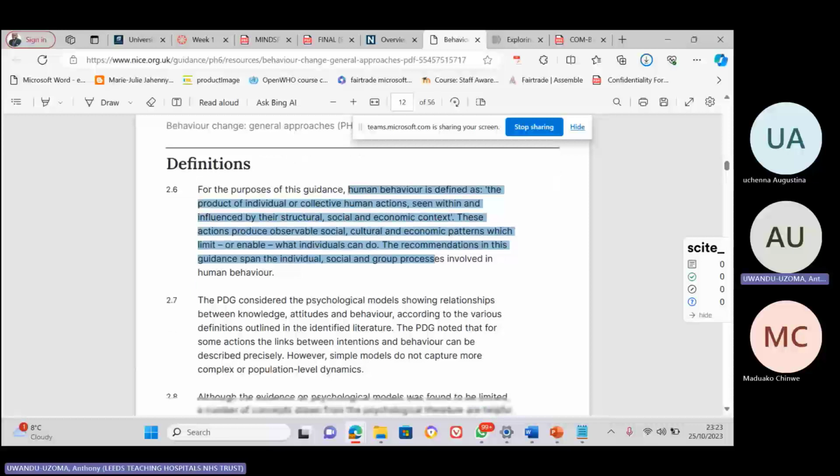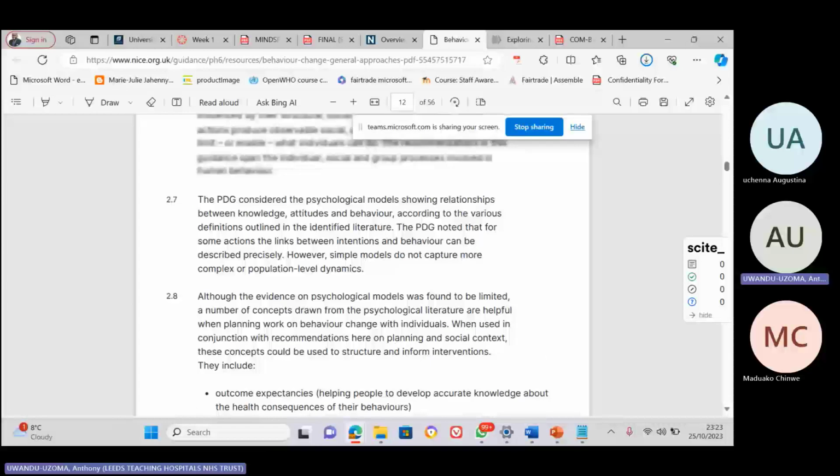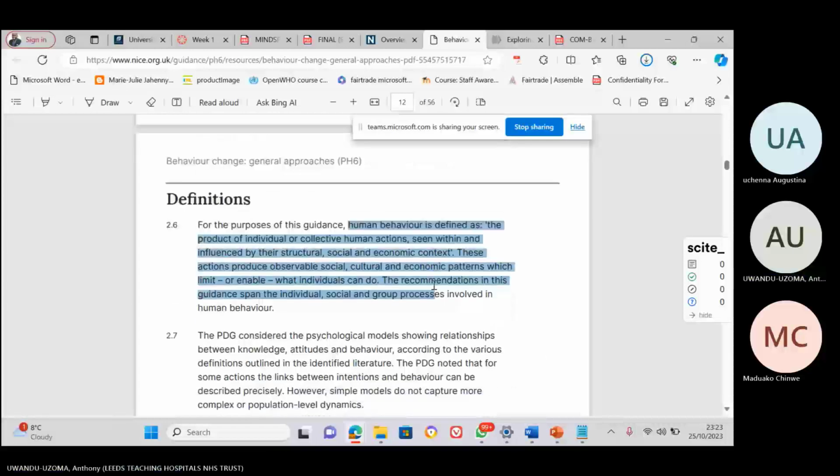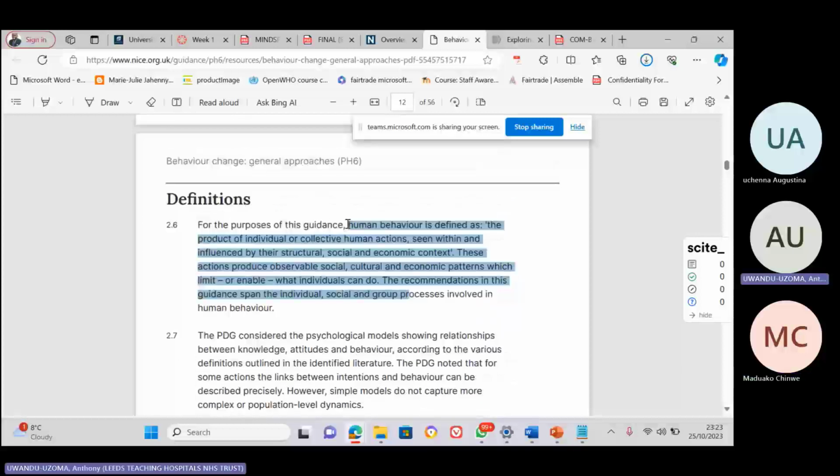So the PowerPoint is going to give you an idea on what to search. You don't just read this like rush. So I've gotten my first definition that I'm going to paraphrase. Okay. All right. Now, if you don't understand anything,